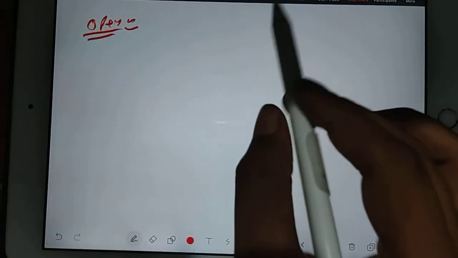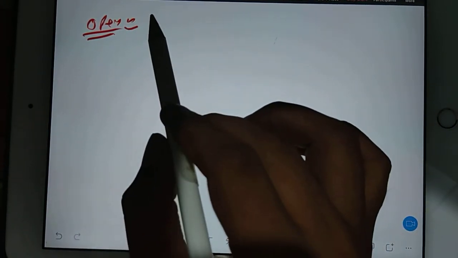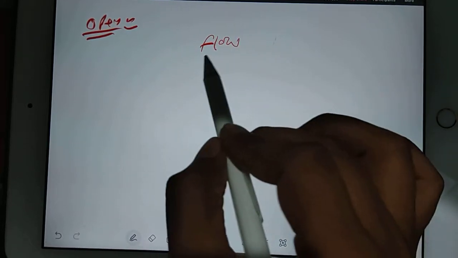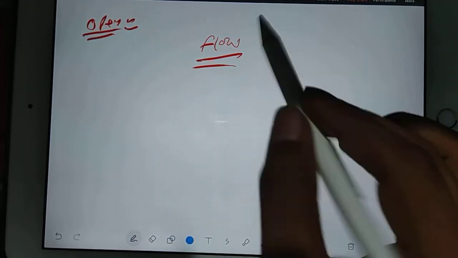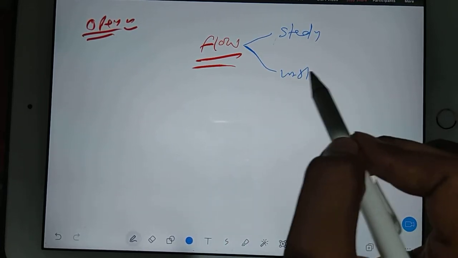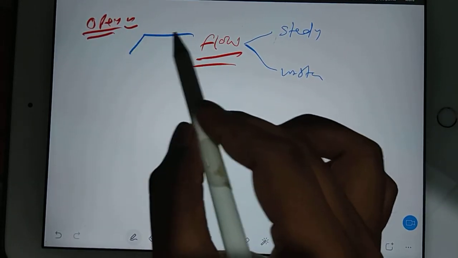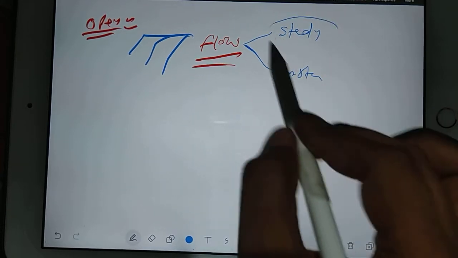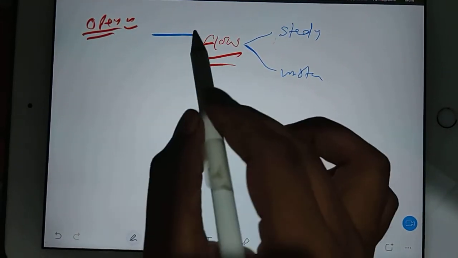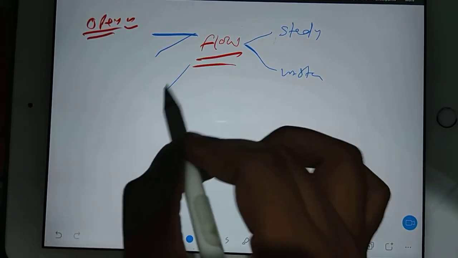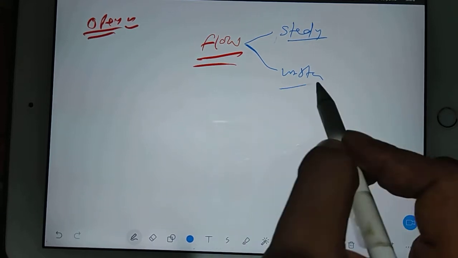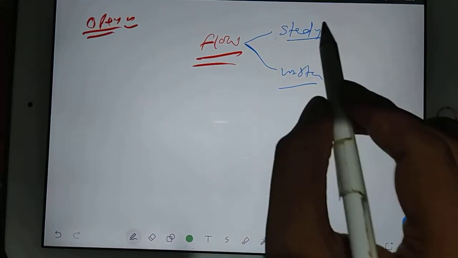So see, when the system is open, then flow is possible. When you talk about flow, the flow itself is of two types: steady flow and unsteady flow. Actually, there are several ways to classify flow. I want to classify currently in this way. Otherwise, compressible flow, incompressible flow, turbulent flow, laminar flow. There are so many ways to classify flows, but in this topic, I am classifying as steady and unsteady.